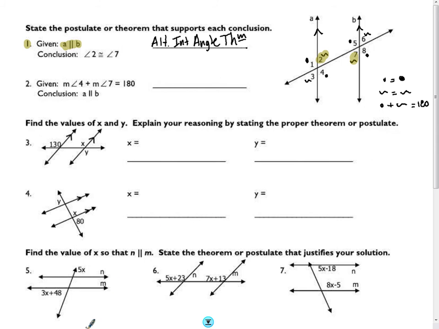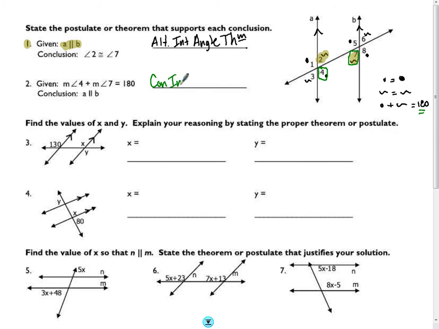In example number 2, they tell me that angle 4 and angle 7 add to 180 degrees. So when I look at those two green boxes in terms of those two angles, one's a dot and one's a squiggle, so they have to add up to 180. Since they both add up to 180, and they're also inside my parallel lines and on the same side, inside, same side tells me consecutive interior